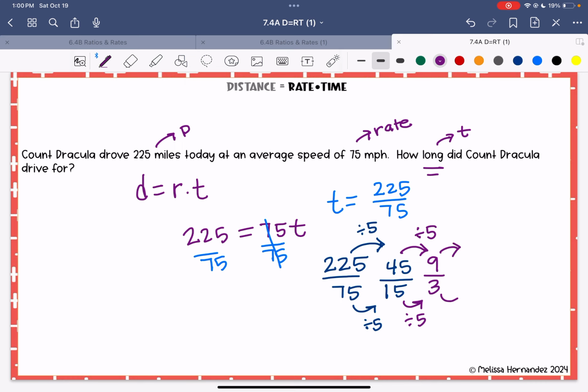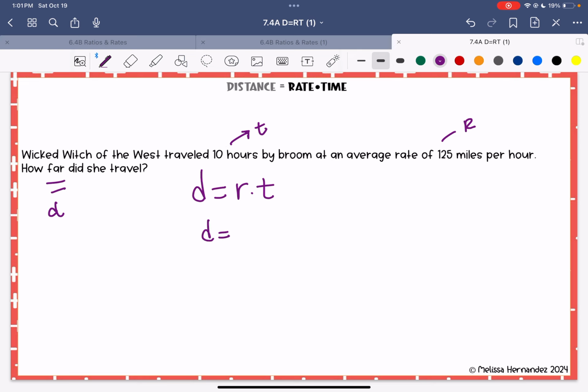So traveled 10 hours, well, that's our time. Average rate of 125 miles per hour, well, that's our rate. And how far, that's your distance. So all we're going to do is plug them in. You use this in math and science. 125 times 10, and that one's, I hate to say pretty easy, but it really is. We get told to just add a 0. Multiplying by 10 causes you to move the decimal 1 over. That's another video, but 1,250